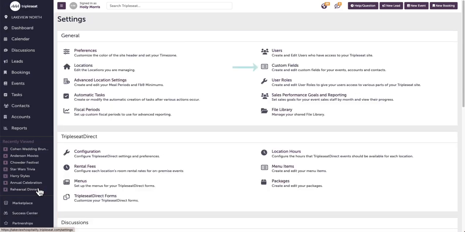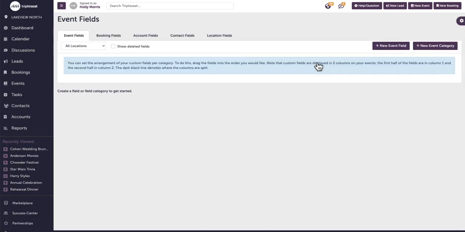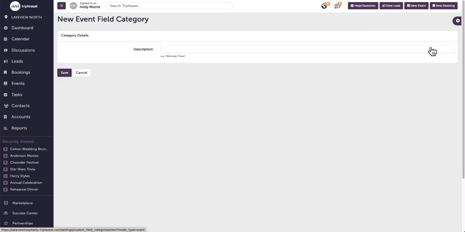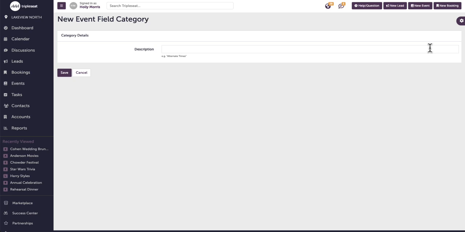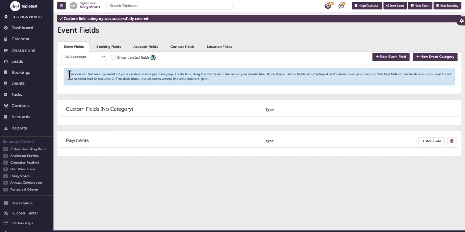Going into my site settings, I will click on Custom Fields. First, I want to make sure I am on the Event Fields tab, and then I will click Add New Event Category and enter Payments for the name of this category. Now, underneath the newly created payments category, I want to click Add Field and begin to create my new custom